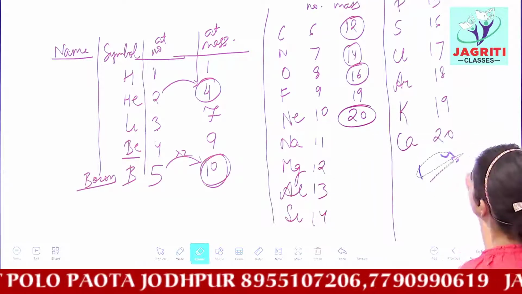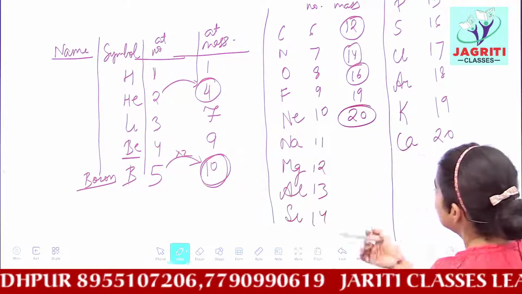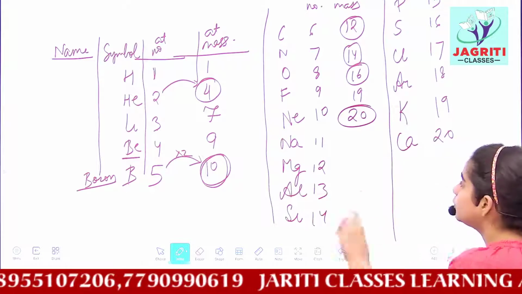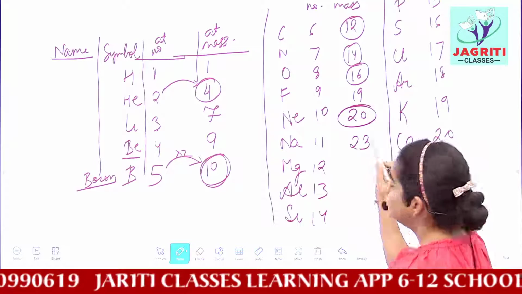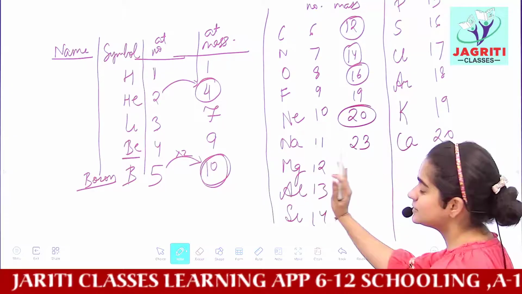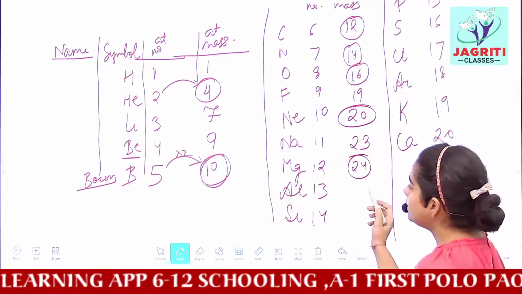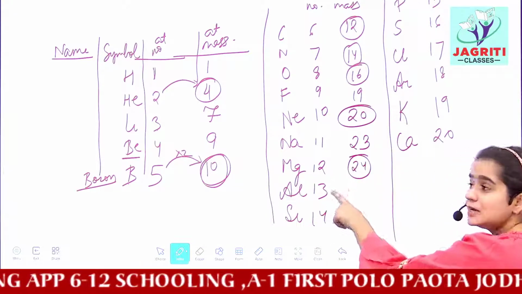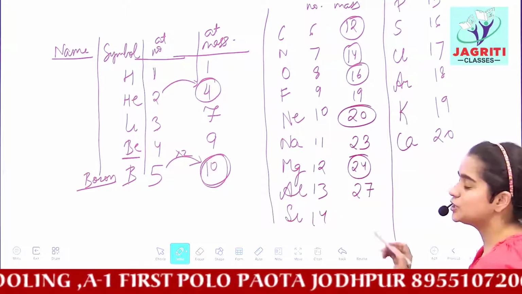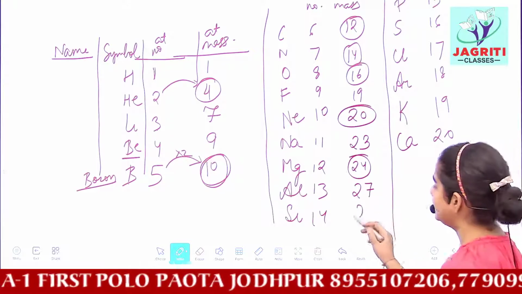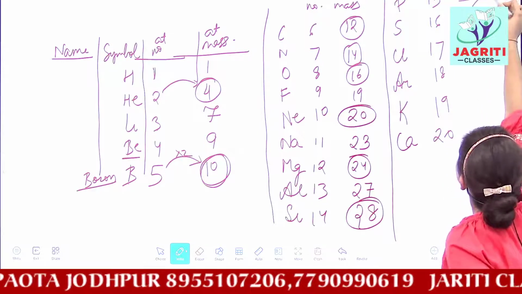For mass you have to remember, because mass is not every time the double of the atomic number. The mass of sodium, if it was double, should be 11 plus 11, that is 22. But the actual mass is 23. The mass of magnesium is just double of the number, that is 24, so it follows our general rule. The mass of aluminium should be 26, 13 plus 13, but its actual mass is 27. The mass of silicon should be 28, and it is 28. Then phosphorus, whose mass is 31.